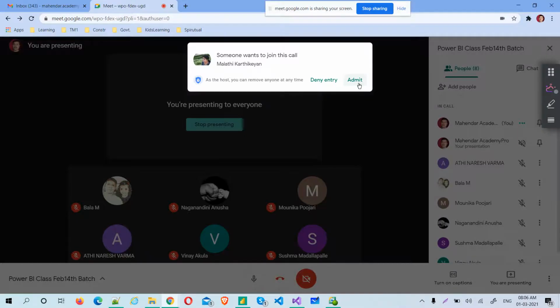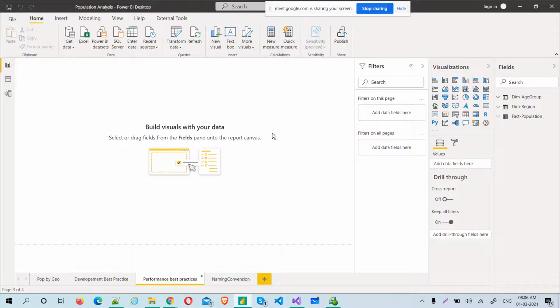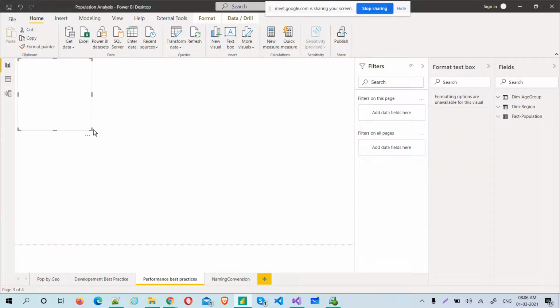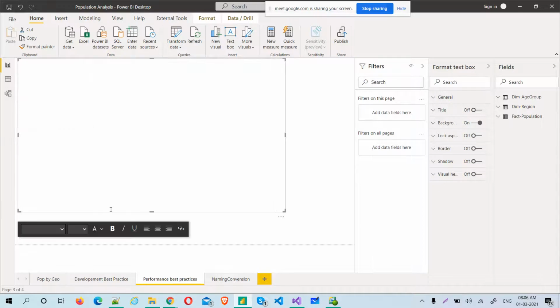You can create a text box and write all your requirements and stories here itself, and then switch between your visuals, so that it is very easy to understand and easy to explain to others. While deploying, you can hide this. It won't be deployed and won't be visible to the end user. Once everything is perfect, you can delete it or do whatever you want.